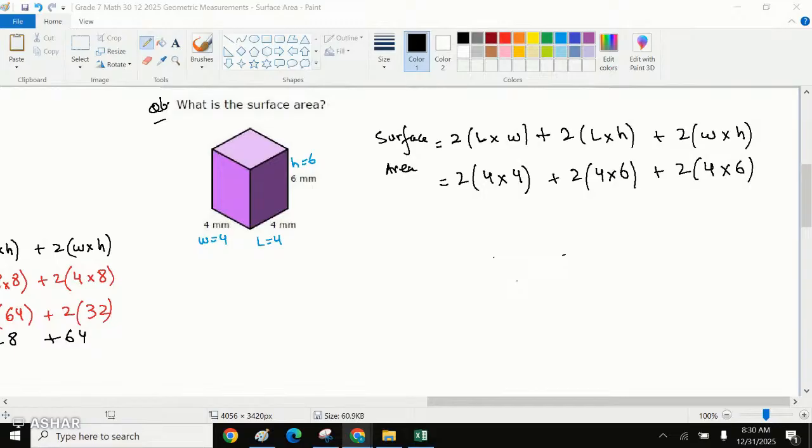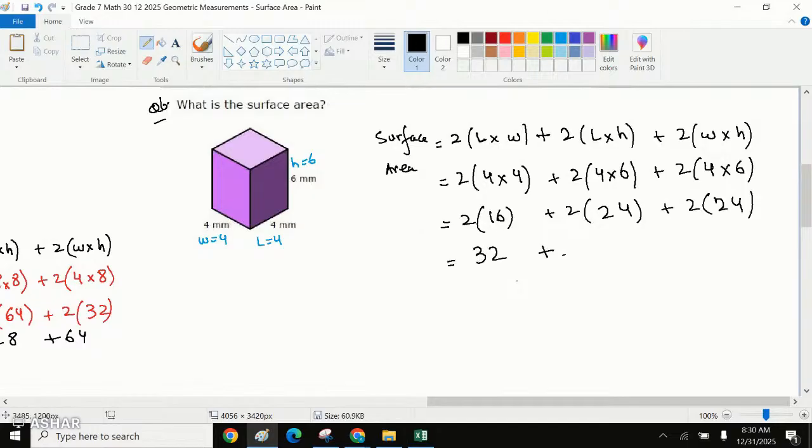Let's continue. In surface area of the cube, there are 6 dimensions. What we do is we label length, width, and height, and we apply the values in the formula. That means 4 multiplied by 4 is 16, plus 2. 4 multiplied by 6 is 24, and twice of 24, right? 16 times 2 is 32, plus 48 plus 48. 32 plus 48 plus 48 would come out to be